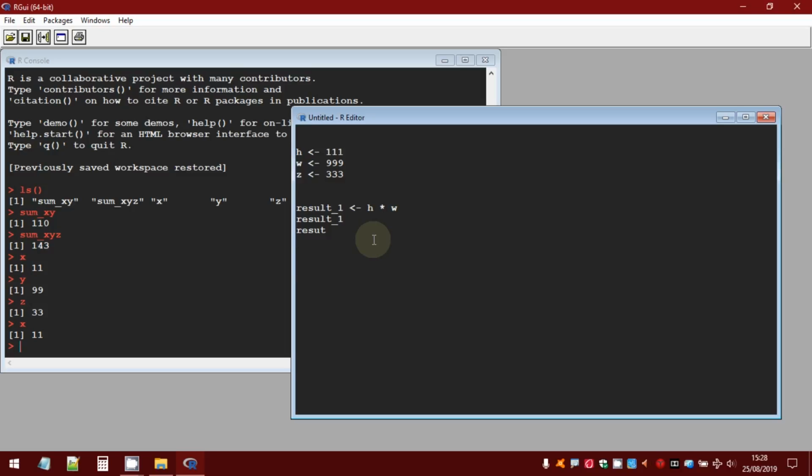This is just a very simple text editor. I have already defined the variable z, so I changed the name of the variable.